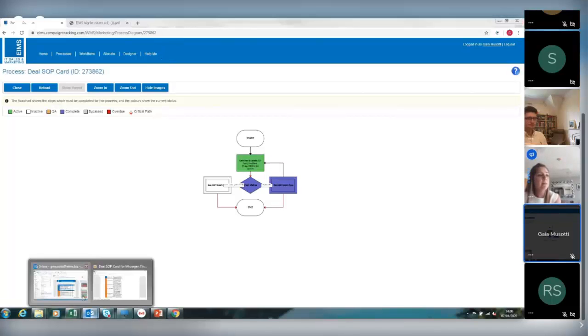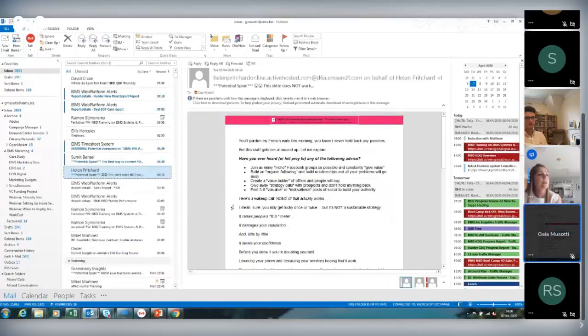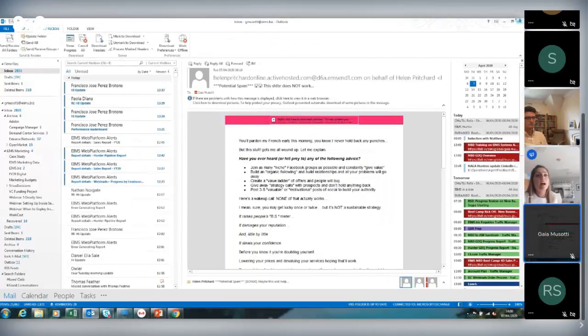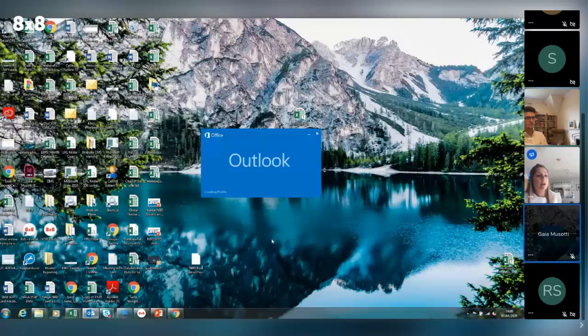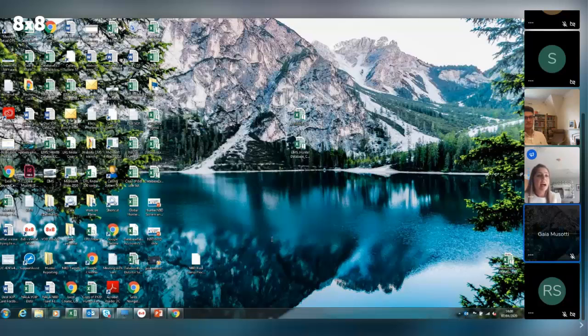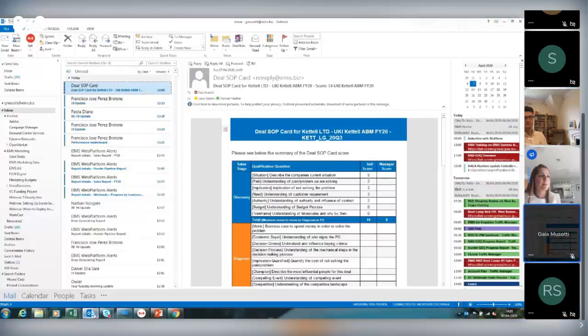So I'm going to go to my email now, and let's have a look at what I just received. Let me close that off and reopen it. But basically, in real time, as soon as you click complete, everyone involved in the deal, such as the regional sales director, the NBD, as well as myself and Louis Gibson, who are the people that manage this process,